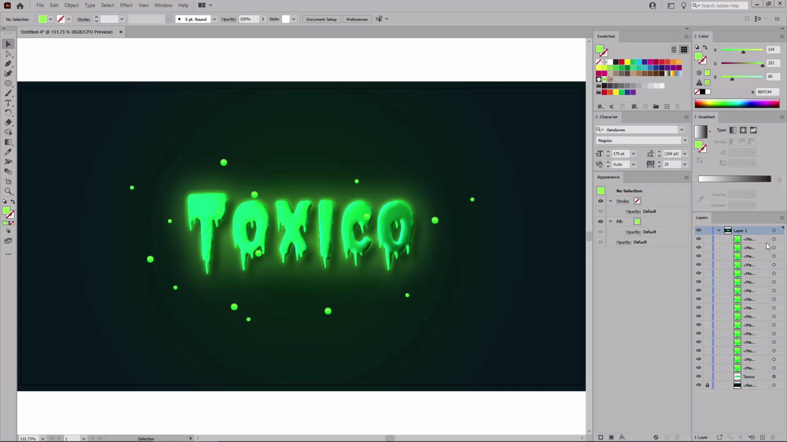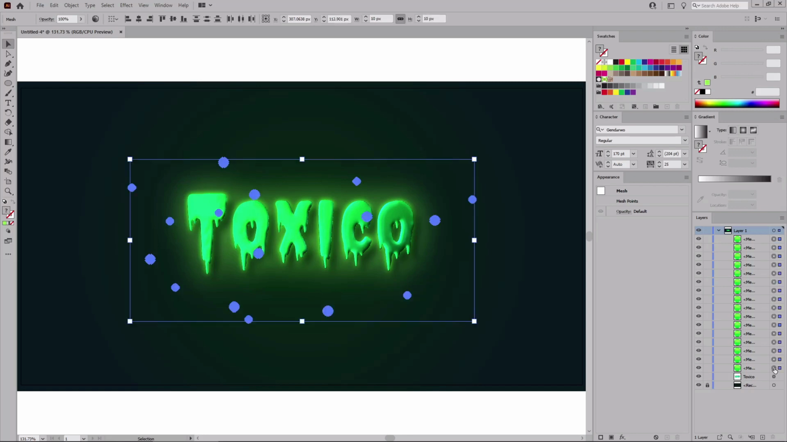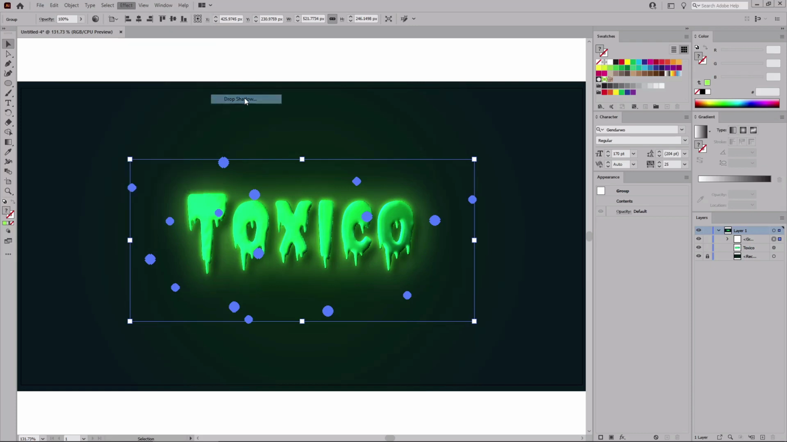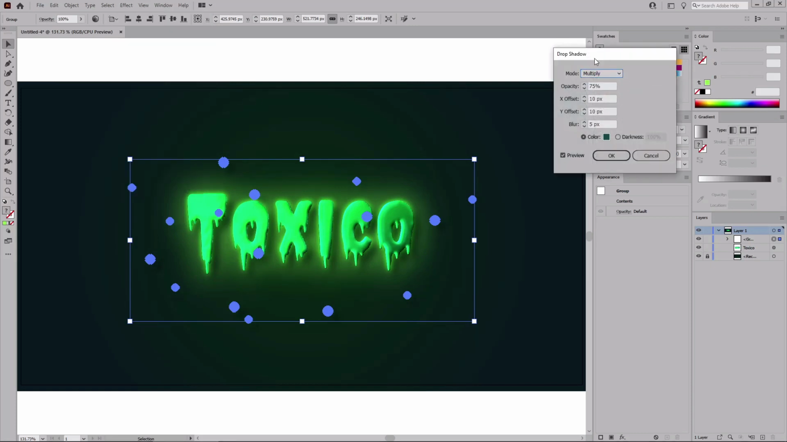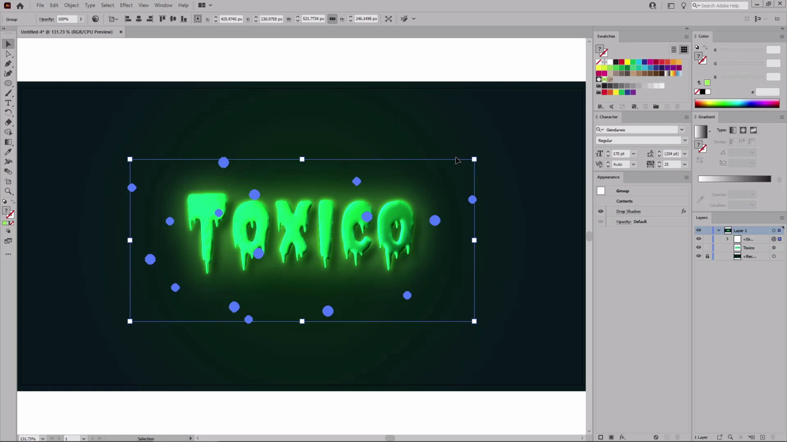Once you're done, move to the Layers panel, select this top mesh, move to the bottom, hold down the Shift key and select this bottom mesh to easily select all the meshes from your design. Press Ctrl and G to group them and then go to Effect, Stylize and Drop Shadow. Keep the blend mode set to multiply, lower the opacity to 15%, set both of these offset values to 1 pixel, lower the blur to 0, change this color to black, click OK and OK to apply the effect, and